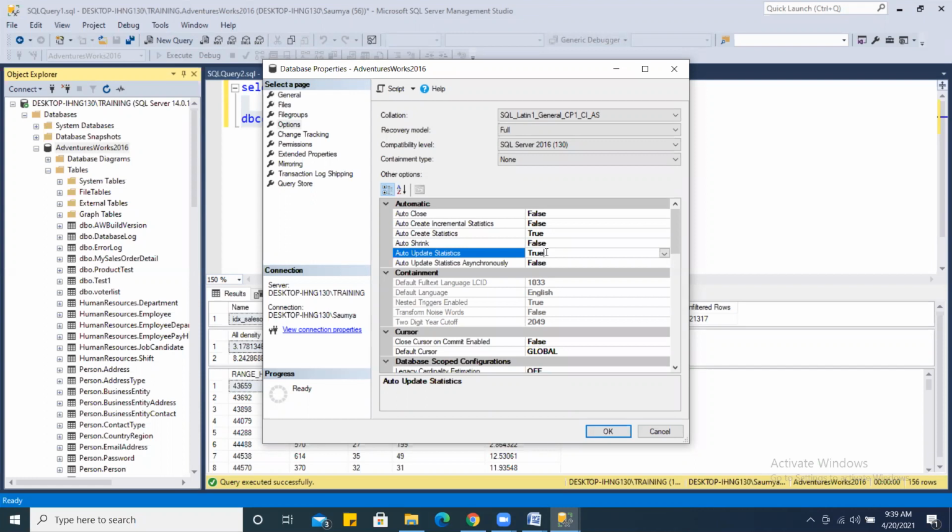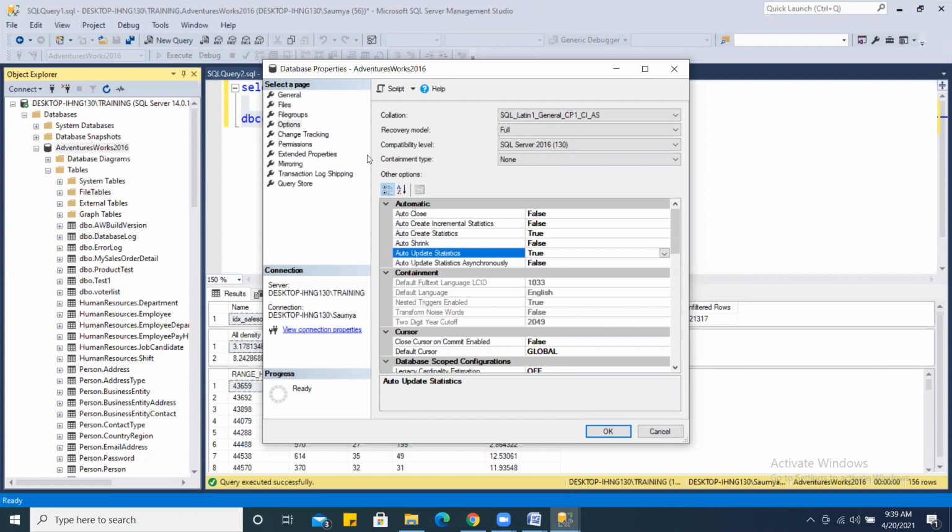For example, if you have, say, 1 million rows in your table and modification has been done in, say, 1 lakh of rows, your statistics will not be updated in that case, right?